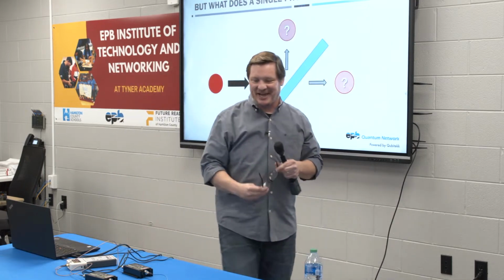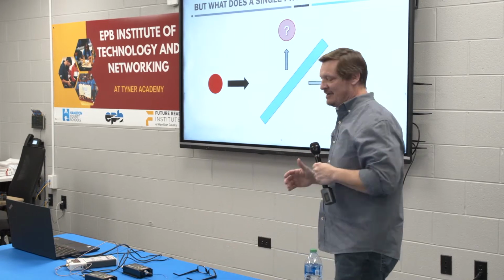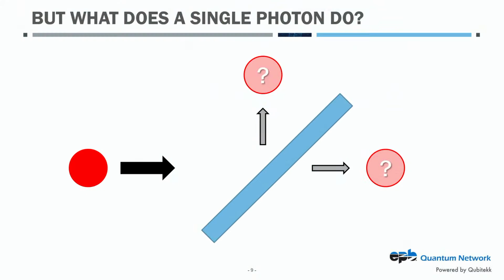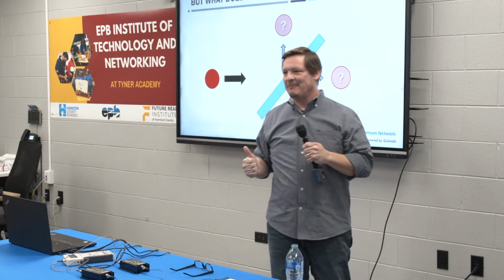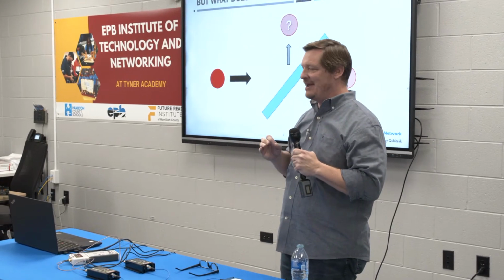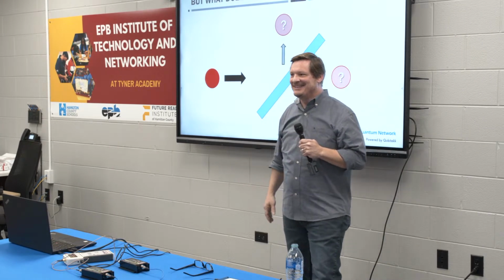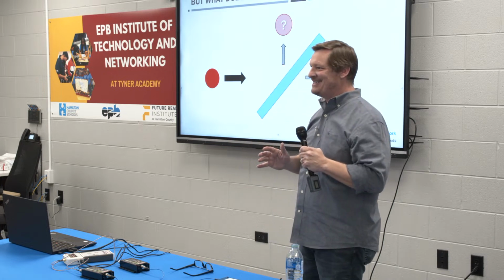So now I want to ask a more interesting question, which is, let's say I reduce the intensity of this source so that instead of sending millions of BBs, I'm only sending 1, just one BB coming out of that blue box, that's going to encounter this beam splitter, which means we can either transmit or we can reflect. What is going to happen to that one BB? That one BB that you can't cut in half. Is it going to transmit or is it going to reflect? Any guesses? Transmit? Maybe anybody think reflect?